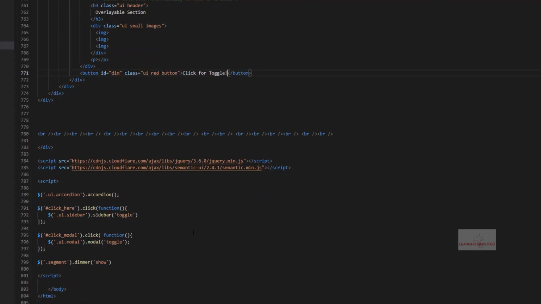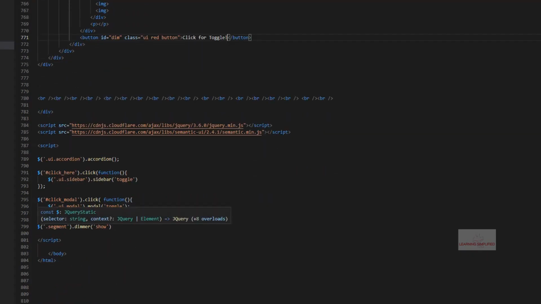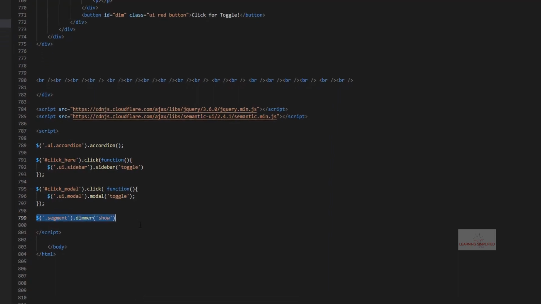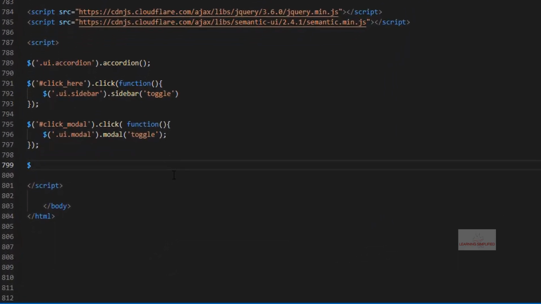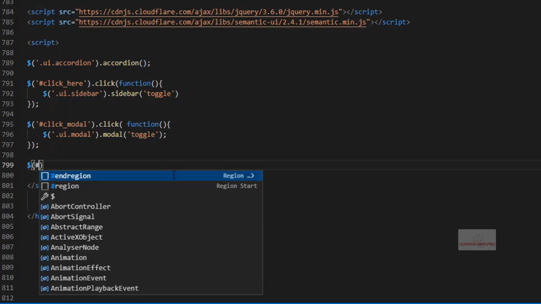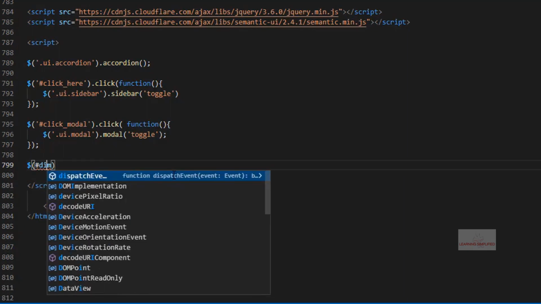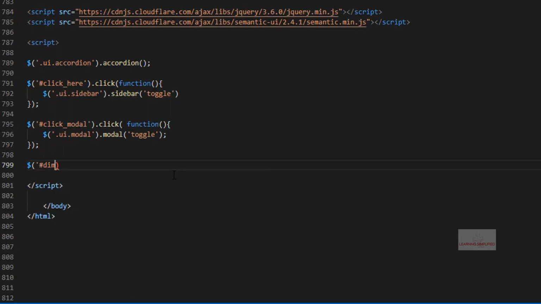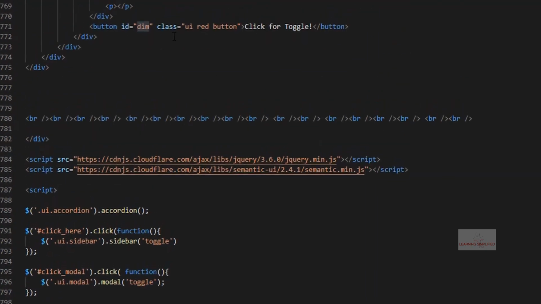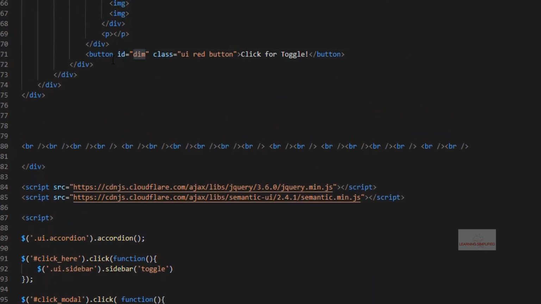Let's head back to our text editor, and here we will be adding that on clicking this individual dim button with an ID of dim, we are practically targeting this ID dim, and where is it exactly, it has been imposed on this individual button.